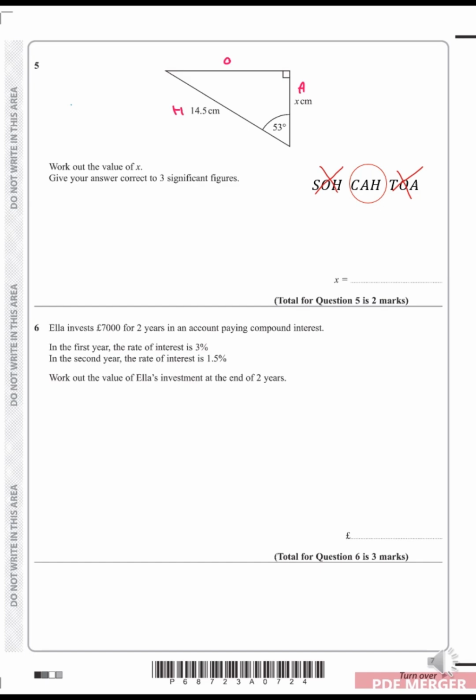Do we know the cos angle? Yes. Cos 53 is equal to x divided by 14.5. To work out x, you need to do cos 53 multiplied by 14.5 to get rid of the fraction. So x equals 14.5 times cos 53. In your calculator, this will equal